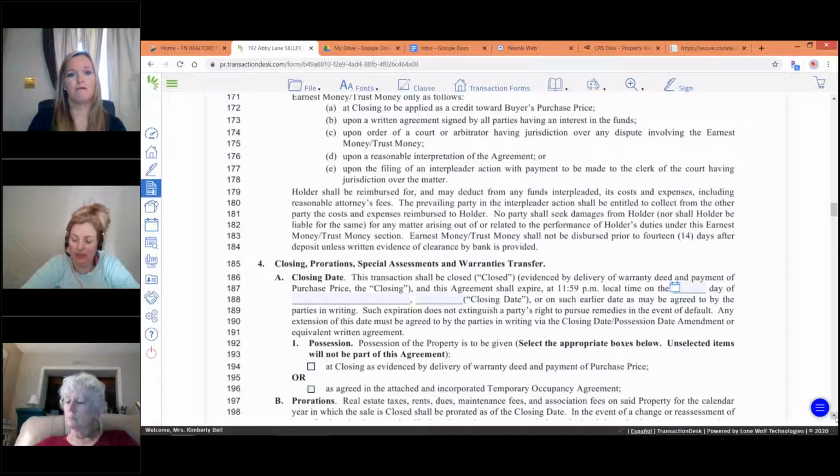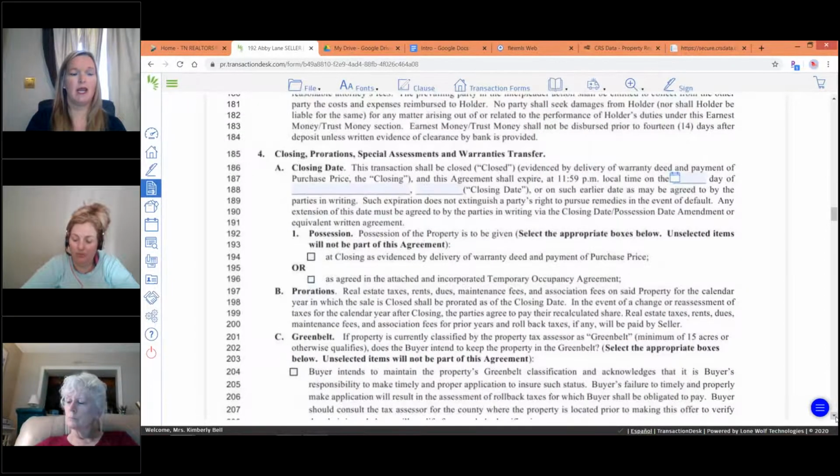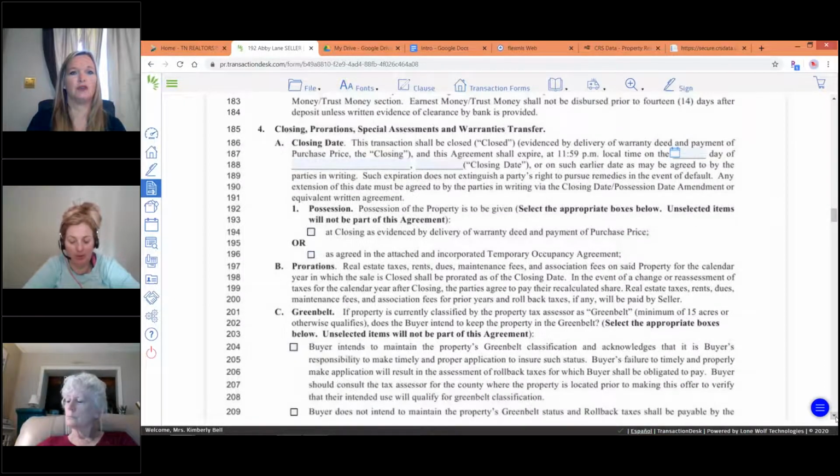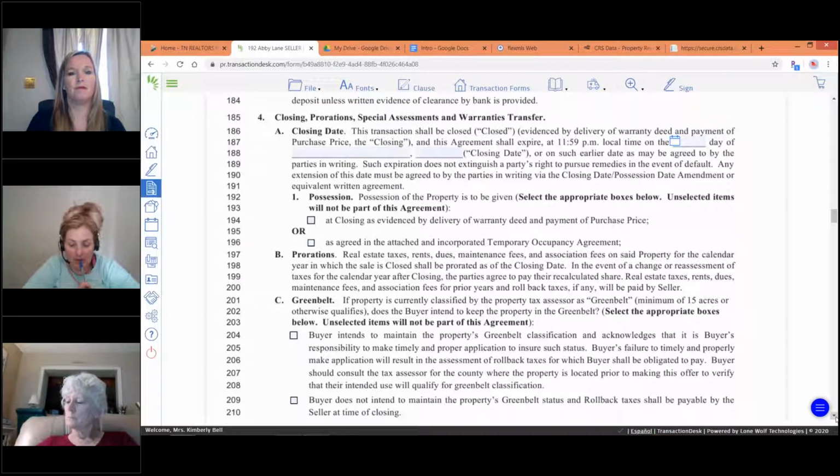Okay. Line 185, closing, proration, special assessments, and warranty transfers. Closing date to be... So we have a little bit of a disagreement here. On line 188, or on such earlier date as may be agreed upon by the parties in writing. Some people agree that if you're all at the closing table and everything's signed, that's agreed upon in writing. But what